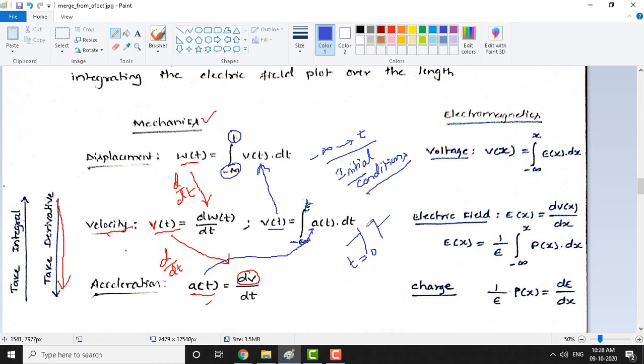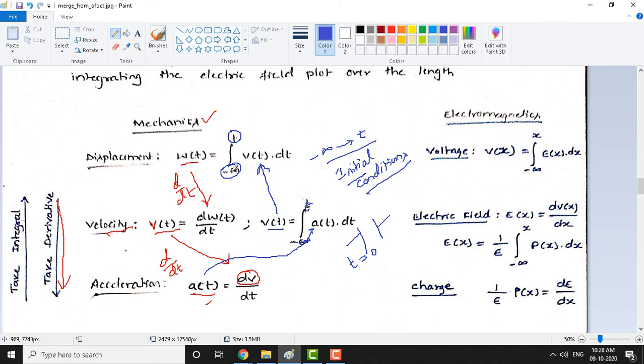We don't know the past history of the capacitor, because a capacitor is an energy storage device. It may store energy before you start operating it. So initial conditions is very important. This is applicable for all the energy storage devices like capacitor, inductor, and many more. So again, same thing is applicable here also. That means minus infinity to t indicates the initial conditions.